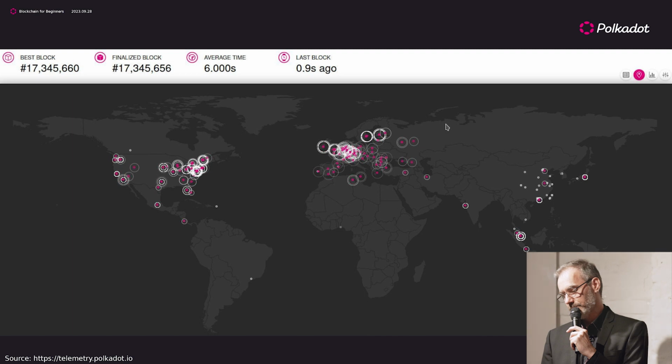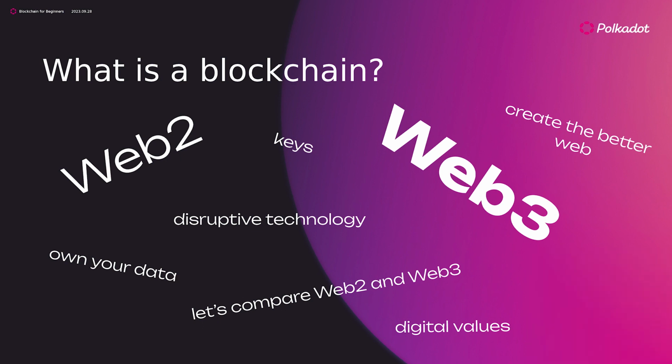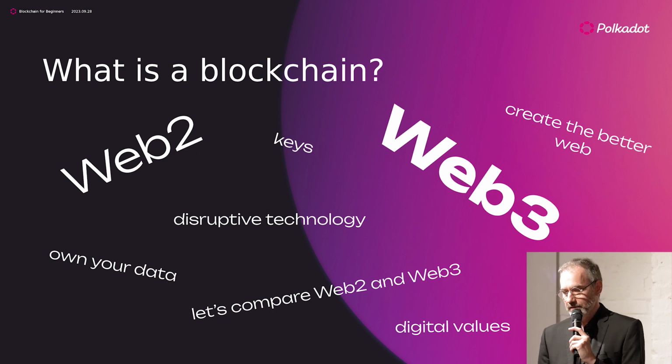So what we found out as a team is that the question of what is a blockchain is very controversial. There are a lot of terms you can see on YouTube. When you Google it, there are a lot of synonyms like Web3, disruptive technology. So it's a bit unsharp to say what it really is. How does it compare to the old internet, with Web3 coming? Then you hear, you own your data, that's not possible in Web2, and so on. So how can we figure out what it really is? How can we explain it easily?